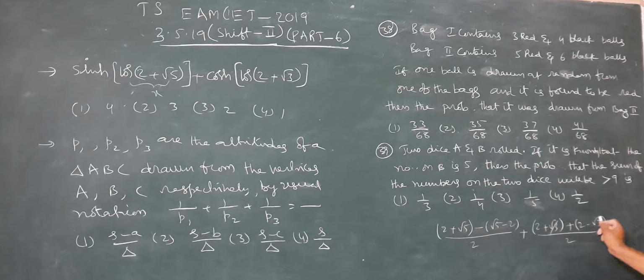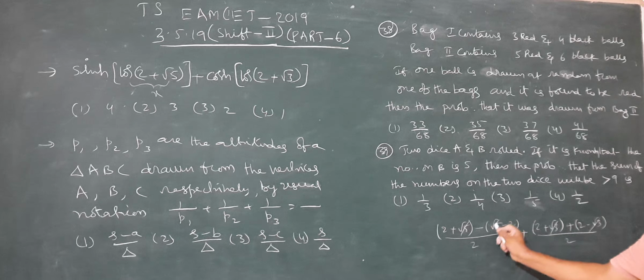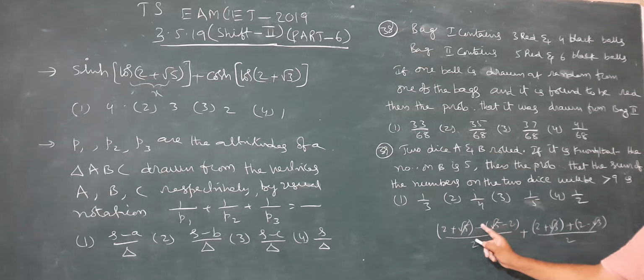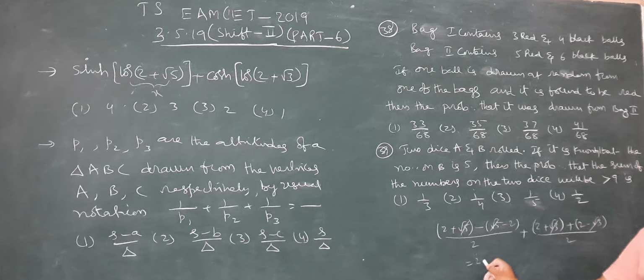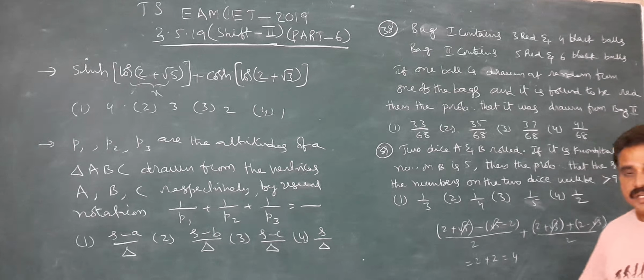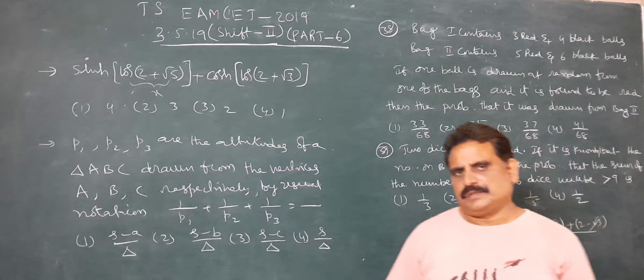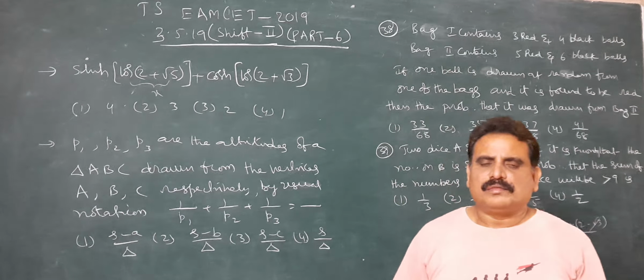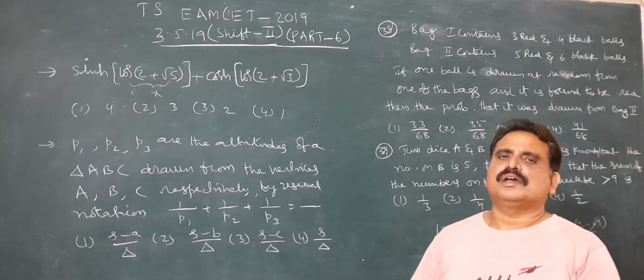So here root 3 cancels, root 5 cancels. 2 plus 2, 4, 4 by 2 is 2. Next, this also 2 plus 2, 4 by 2, 2. So the answer is 4. But here, most of the students, their question is very simple, but they are losing the